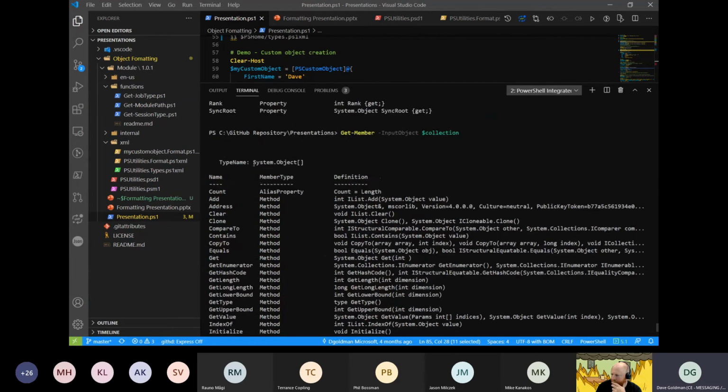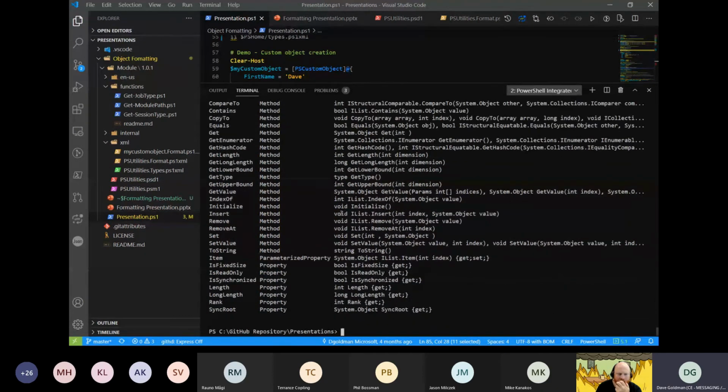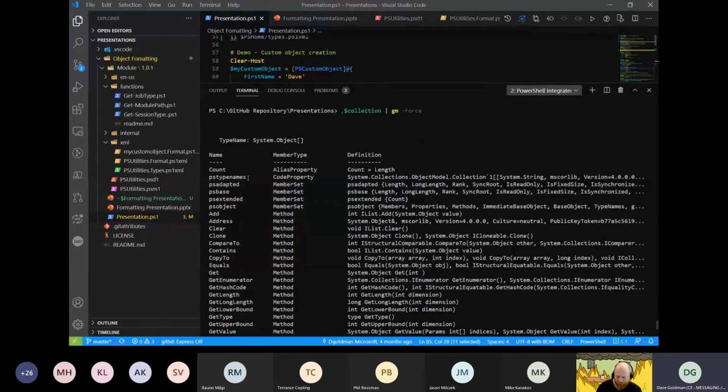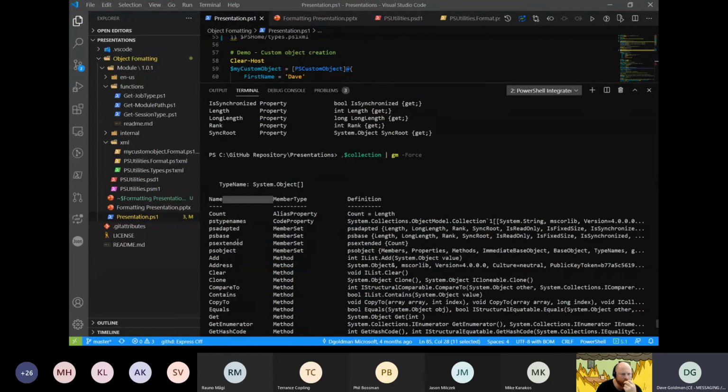And so what it's doing is it shows me that this is actually an object. Okay. I can dump out the object. Let me go back the other way. Then I can see that there's some other stuff on here. So I can see that it's PS type. It's been extended to have count.